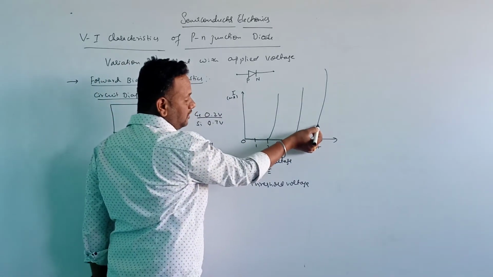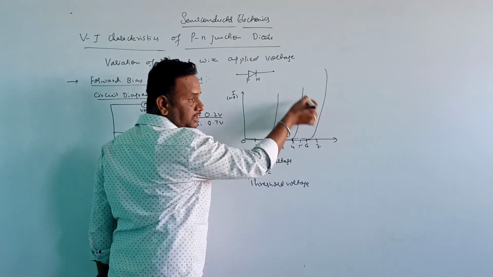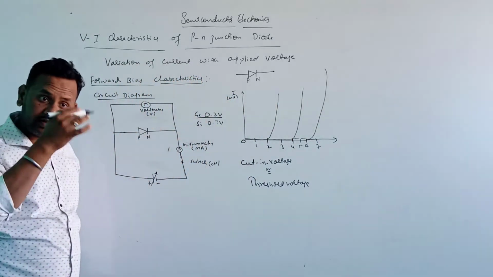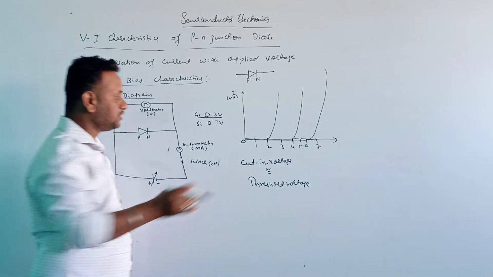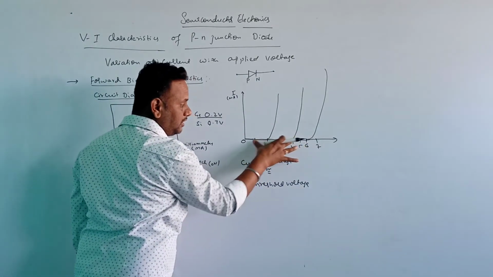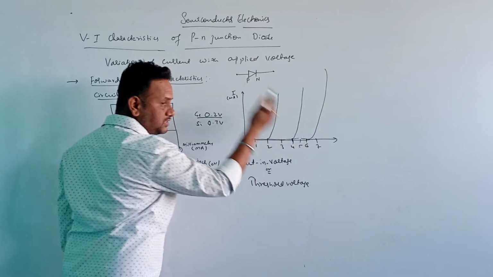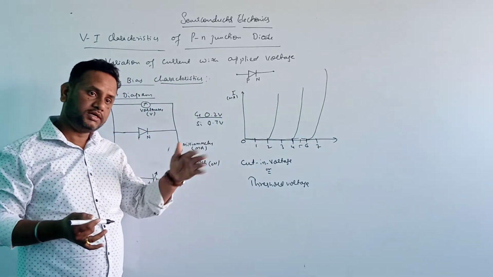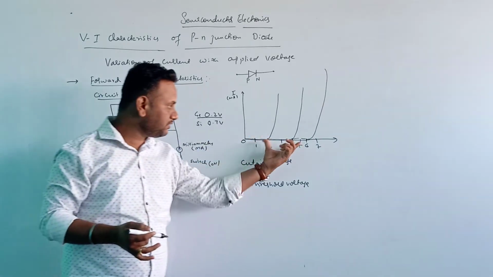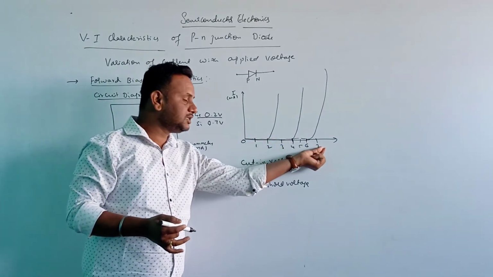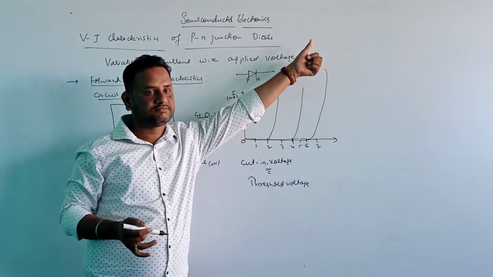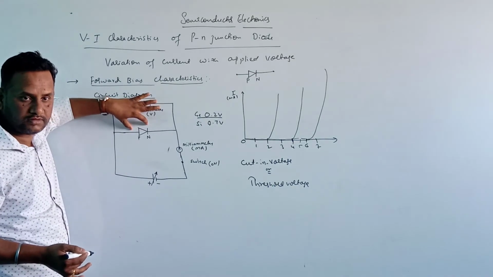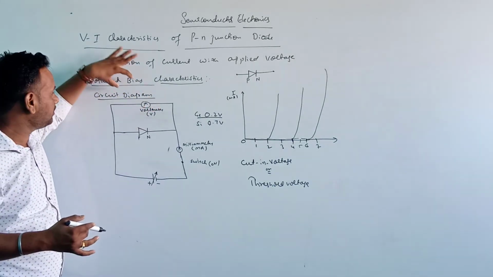Look here, when the reading is showing some values in the current here, that means the current is flowing in the conductor. So from 0 to almost 6 here, the voltage across the diode is taking a certain value. After that, when I am increasing this voltage, the current is increasing, that means it is conducting now. Okay, so that is what the forward bias is.